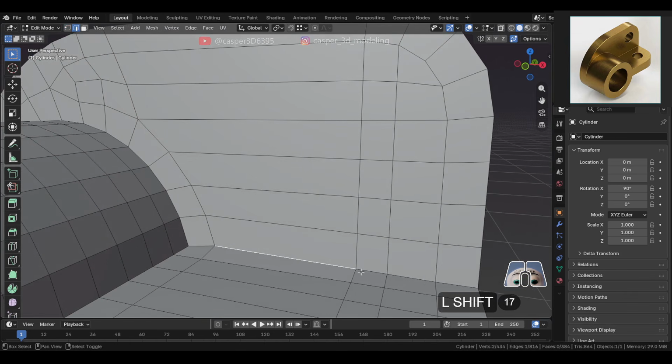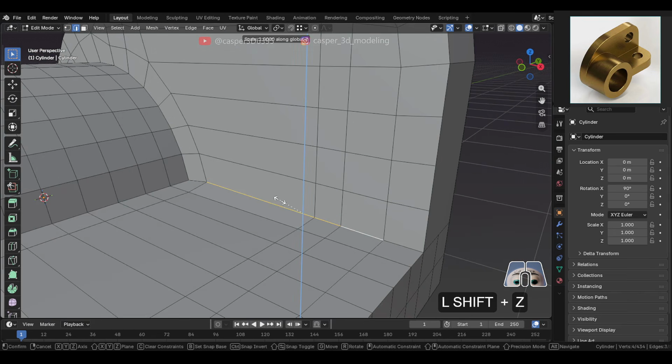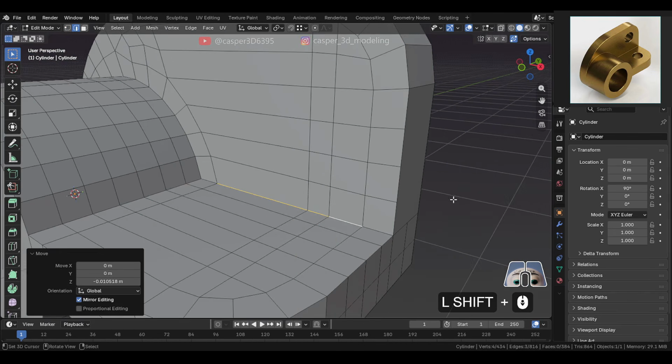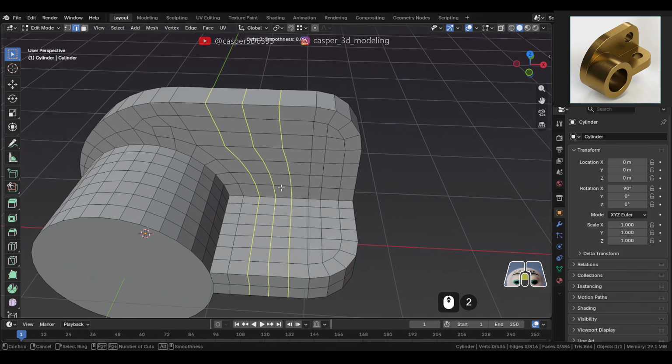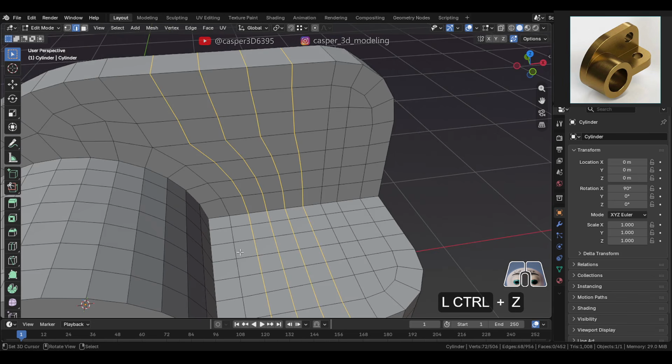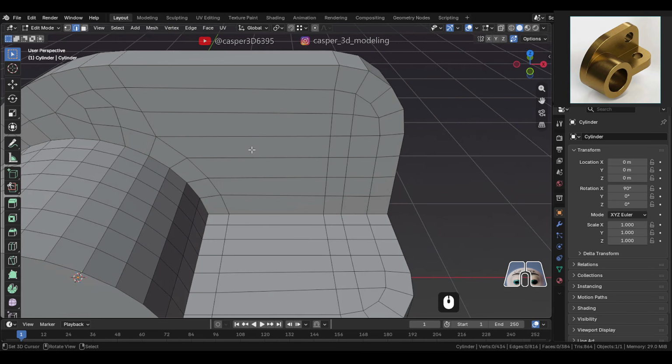Here, this edge is lifted a little, so select it, then press SZ0 to flatten it. Then move it and snap it to this one to line it up. Now here, add a few loop cuts, and that's good. Actually, this top part's faces look a little too stretched, so dissolve these edges and we'll do it like